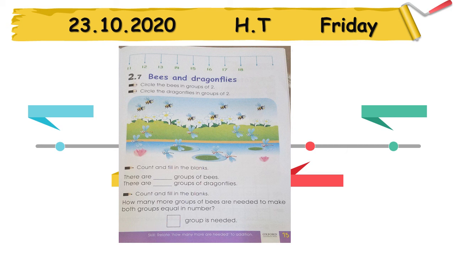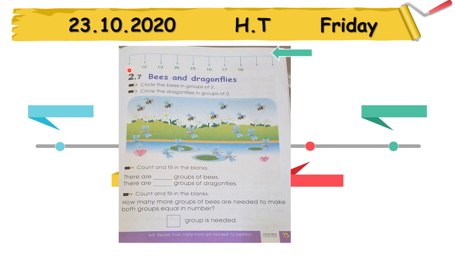Where you are going to write, my arrow is telling you, top of the page. Start from this corner, right here. 23.10.2020, space h.t should be in the middle of the page, again space, and write Friday in the right corner of your page. Then come down.